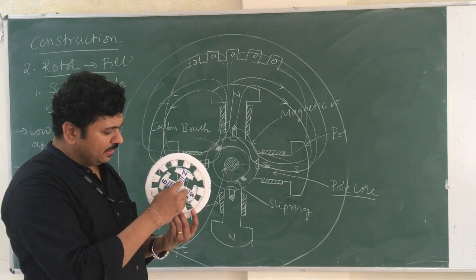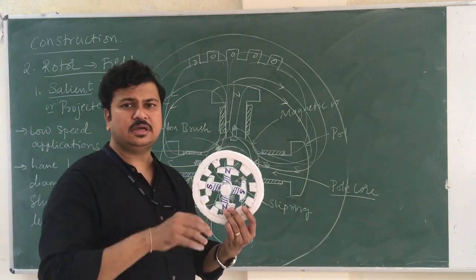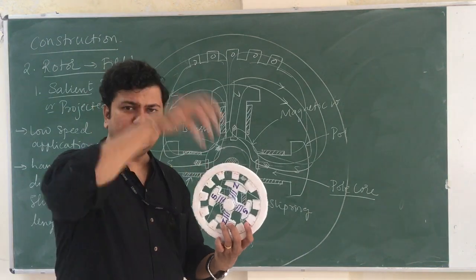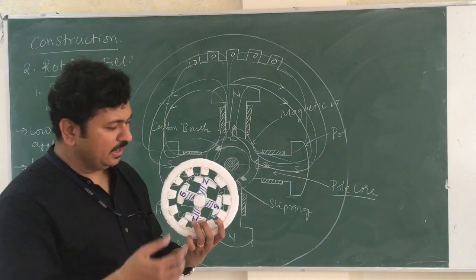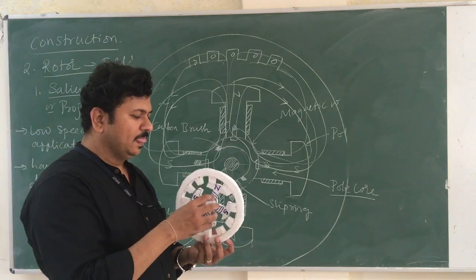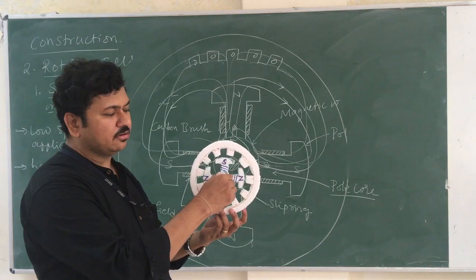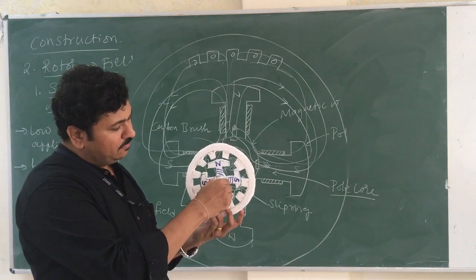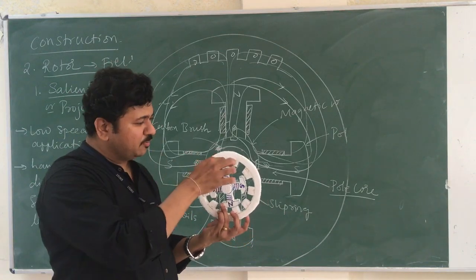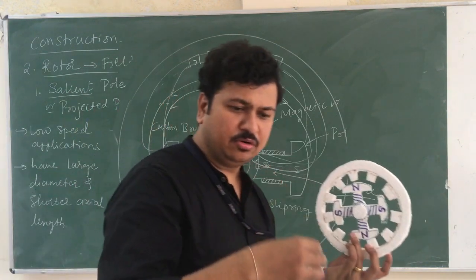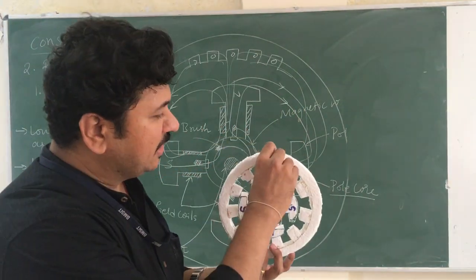Now suppose this rotor is connected to a hydroelectric turbine, and the water is falling on the turbine blades and the turbine is continuously rotating, hence the rotor is continuously rotating. Now when the rotor rotates inside the stator, suppose I have placed a conductor here. I don't have that arrangement right now, sorry for that. Suppose I have a conductor here.